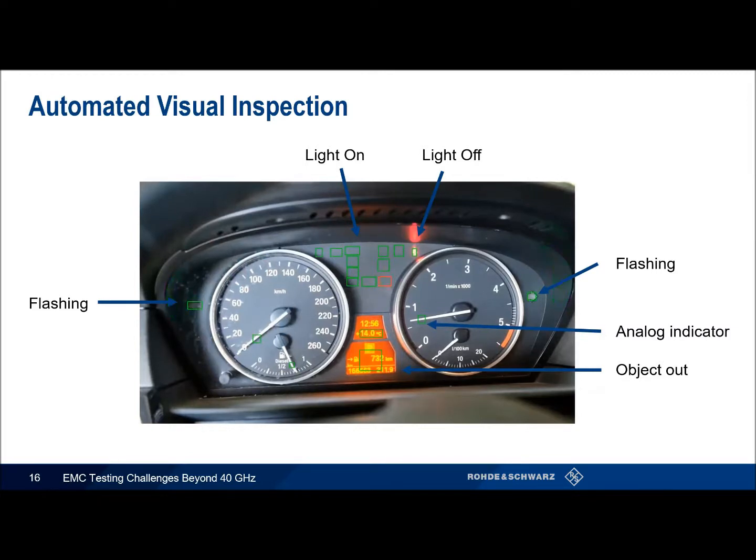All these little boxes you see set up on the turn indicators and some of the idiot lights here, as I like to call them, those are regions of interest. A lot of these are looking for a light to turn on or perhaps a light to turn off. In the case of the blinkers, we're looking at flashing lights. The tachometer here, you can see the analog indicator is looking for the needle to pass through. And then object in, object out is really looking at a pixel by pixel comparison to see if something changes